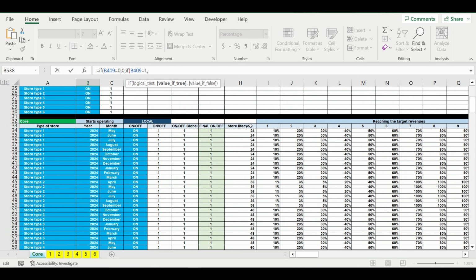If this value will be 1, we will put this value. Then if 2